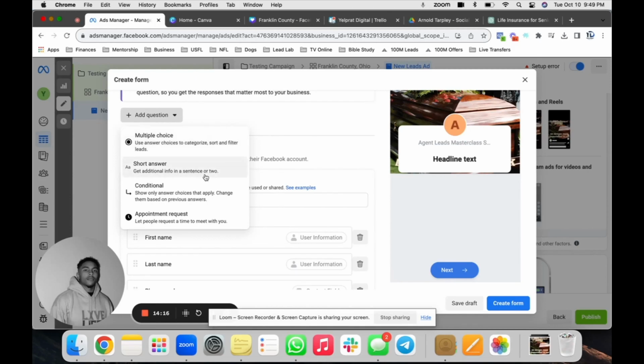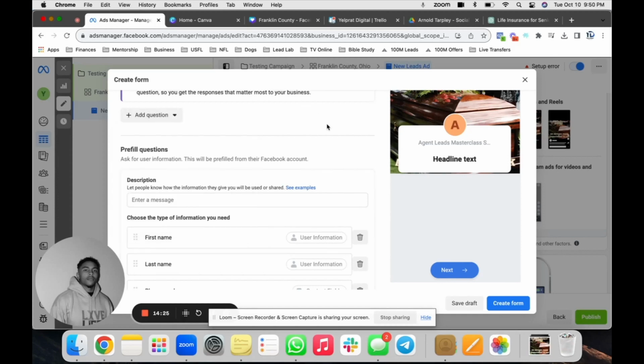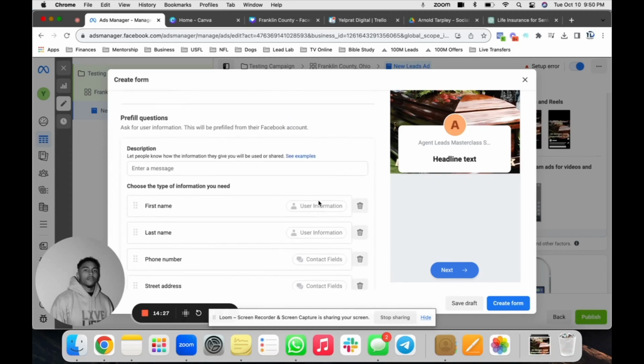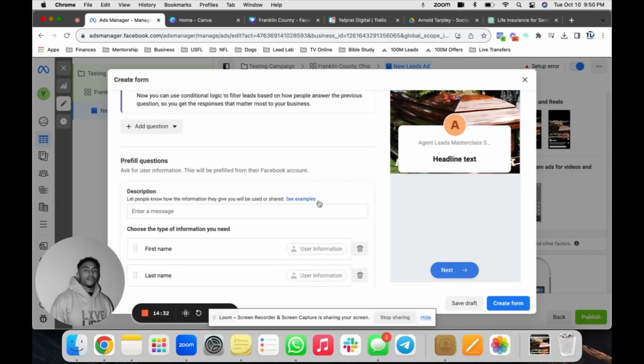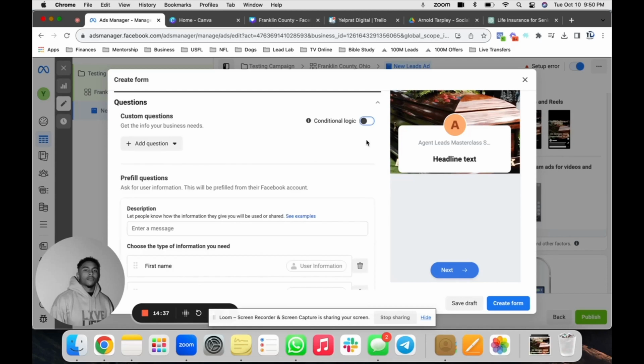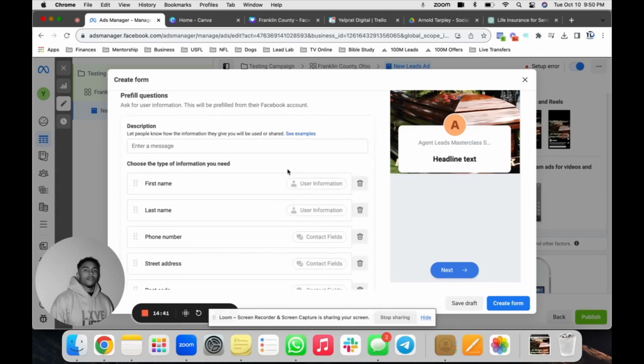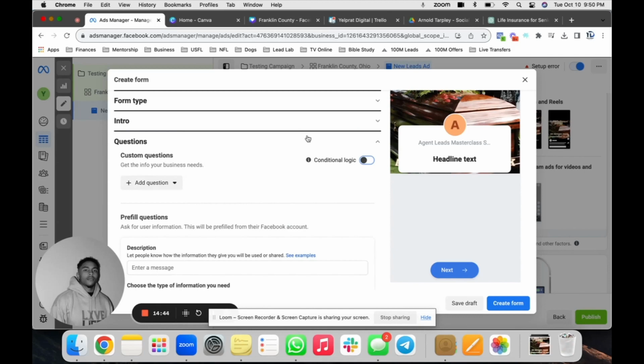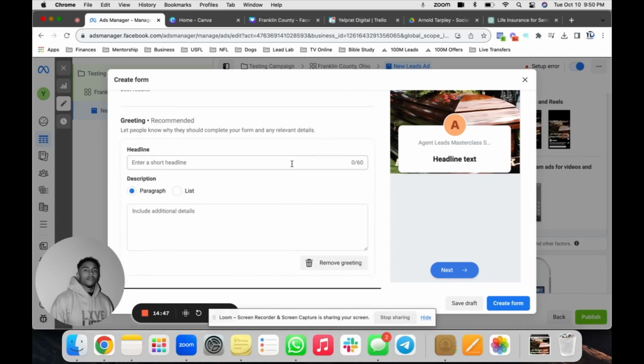But short answers typically cost a little bit more than just a quick multiple choice somebody can click. So there are pros and cons to each, but pick your poison however you want to do it. I think figuring out what works best would be the easiest way to go about it. And honestly, if you really wanted to get the lowest cost to get just as many in-person leads that you have customized because you don't want to do virtual, you don't want to deal with all that, you could just leave this and do an even more elaborate job on the front end with the intro, just kind of explaining what the next steps are for people.